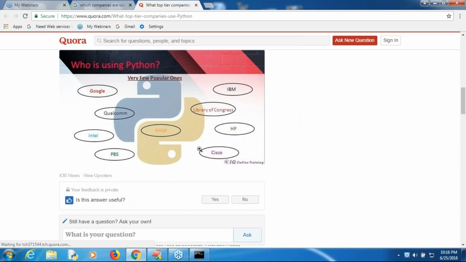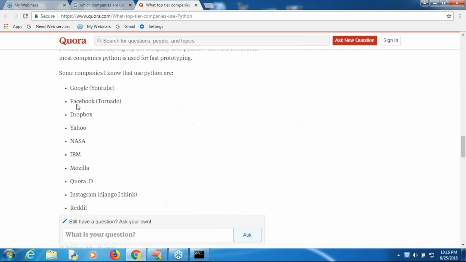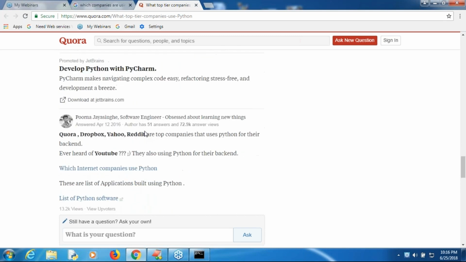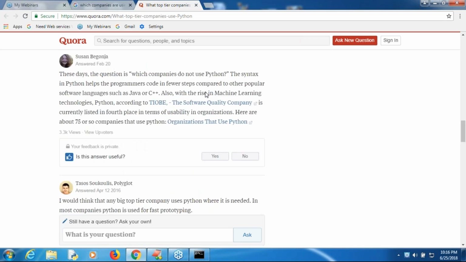Mostly there are several companies, and people are always using this. Facebook, Google, Dropbox, Yahoo, NASA, Mozilla, Instagram, Reddit. Are you getting it? There are multiple companies using Python. The topmost companies are happily using it.